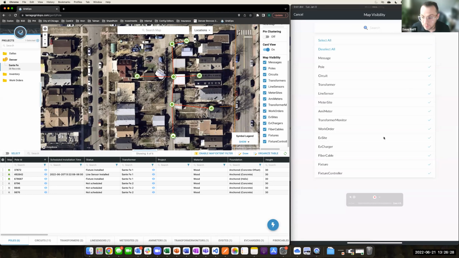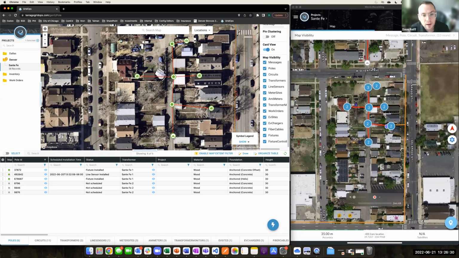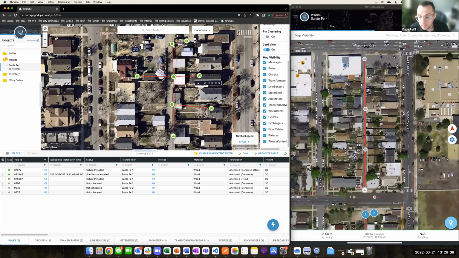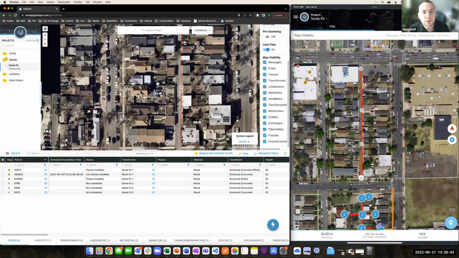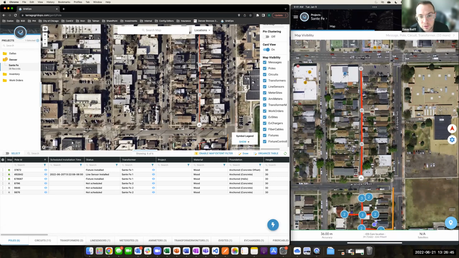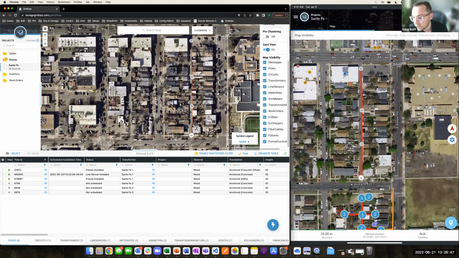All right, so I'm going to turn everything back on. Like I mentioned earlier, I already did some installs down here. So this circuit has been completely modernized with smart grid devices. Up above here on the north, just north of where I'm sitting, what I've put in here is basically just the initial infrastructure that you would send the crews out to do